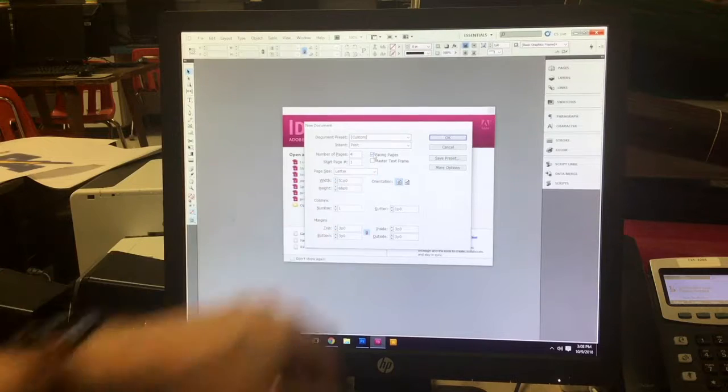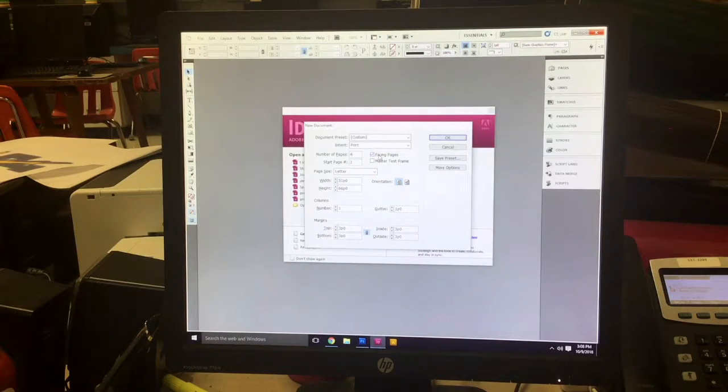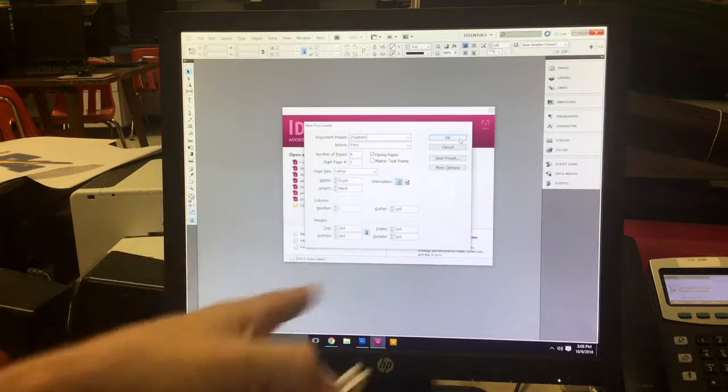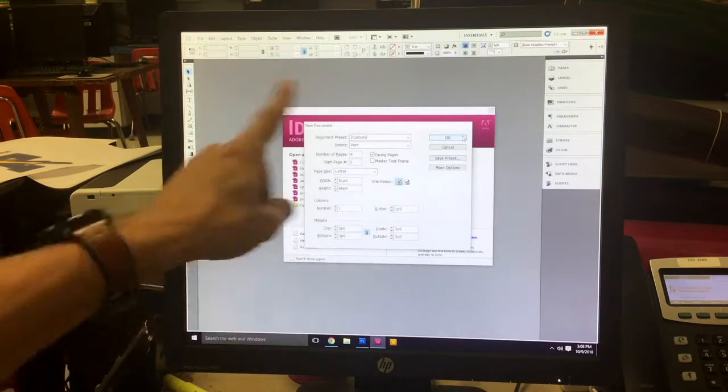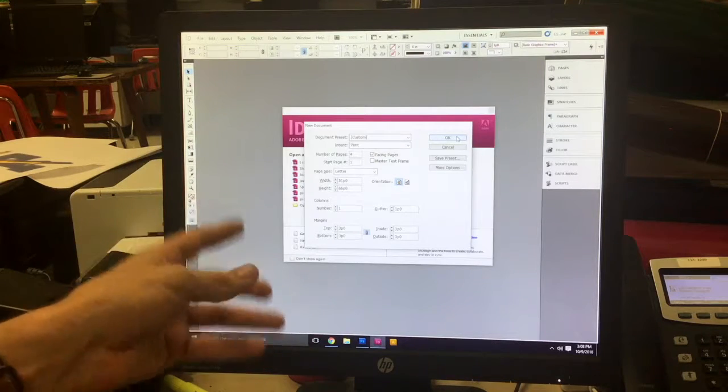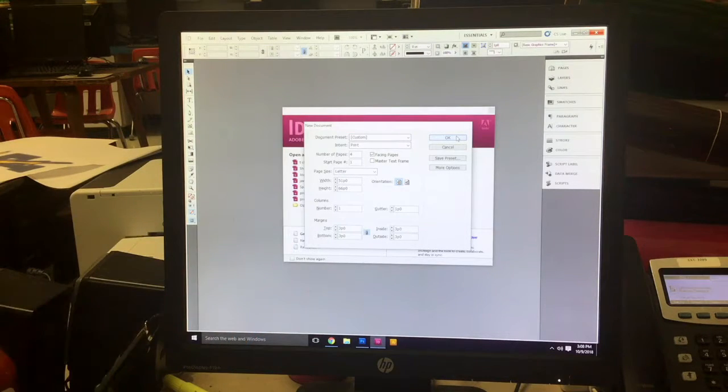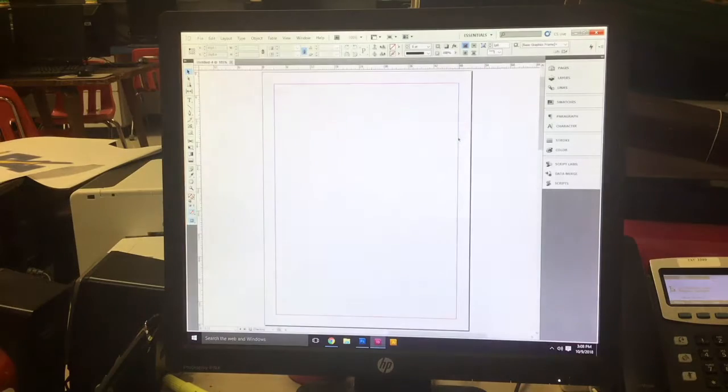But facing pages is something a little bit different. So go ahead and check facing pages and you'll see what I mean. So what facing pages does, let me go ahead and click OK. So if this is set up correctly, please click OK. If you're still wondering if anything's not right here, hit pause and be sure all of your values are the same as mine. So if I click OK, wait,